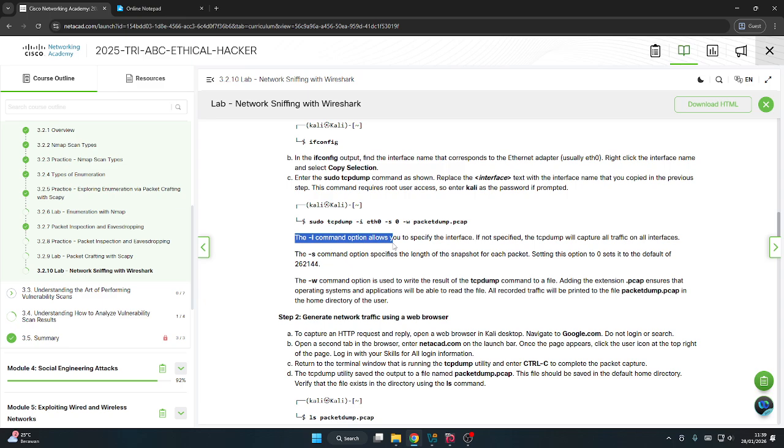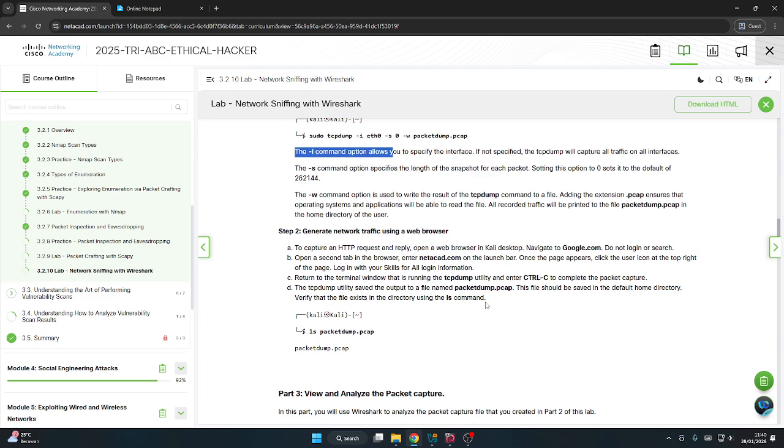The w command option is used to write the result of the tcpdump command to a file, adding the extension .pcap ensures that operating systems and applications will be able to read the file. All recorded traffic will be printed to the file packet dump.